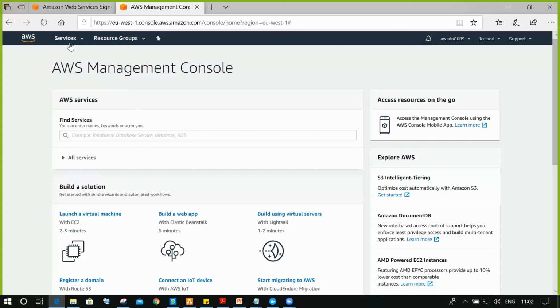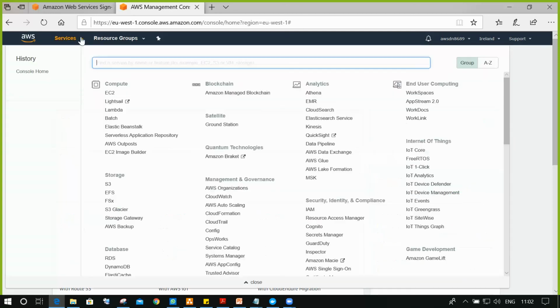On the left side, you have services. These many services are available, and these are the main categories. Compute is a category, storage is a category, database is a category, like that. Under each category we have services. For example, EC2 is one service, S3 is one service, AWS Organizations is one service, MSK is one service.